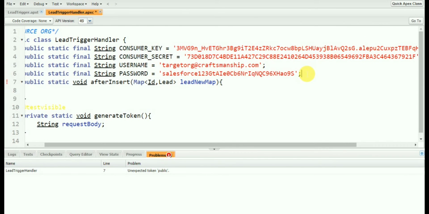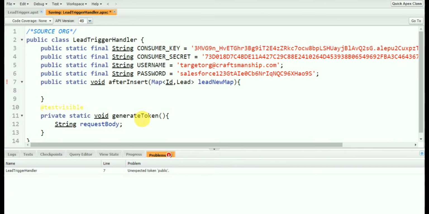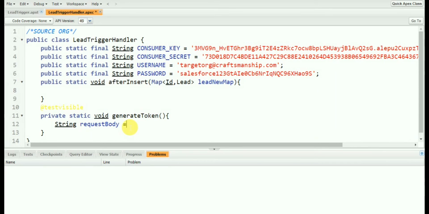And the next step is to generate the access token. So we have already created a method called generate token. So we have to declare a request body here. The request body should be in this format. So it should be like grant type is equal to password, and client ID is equal to the consumer key,